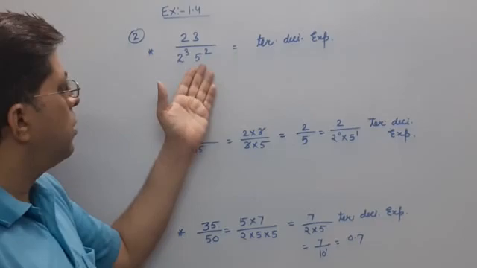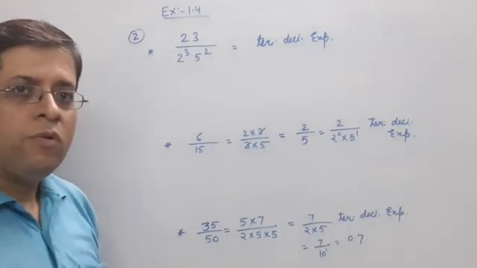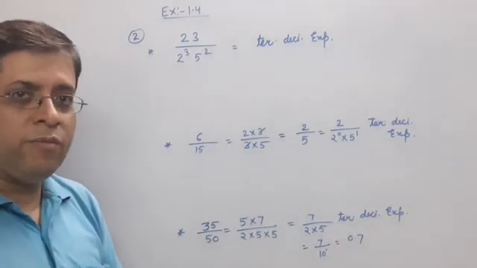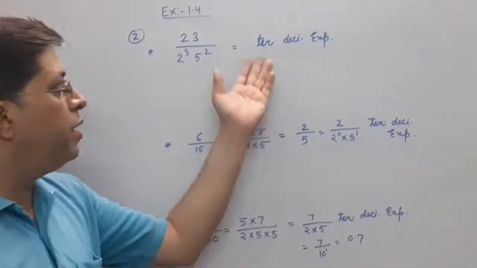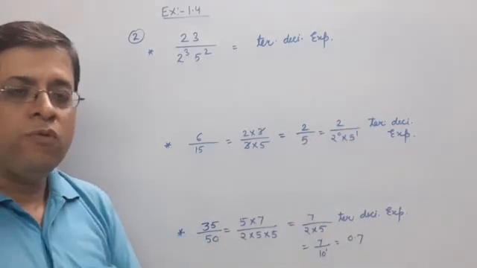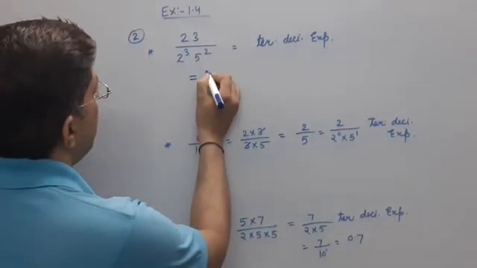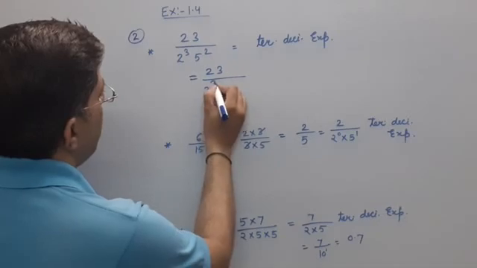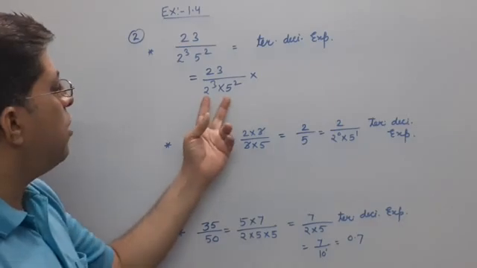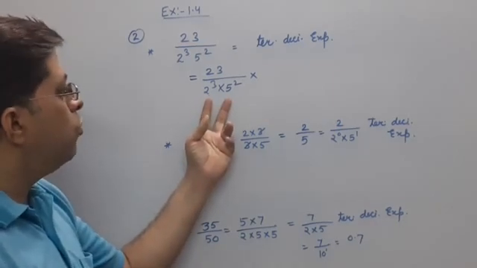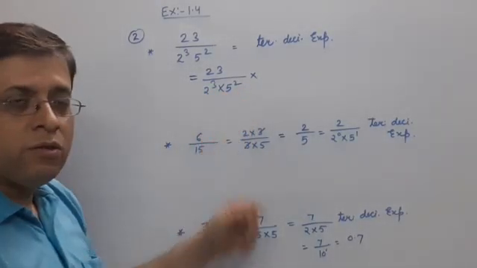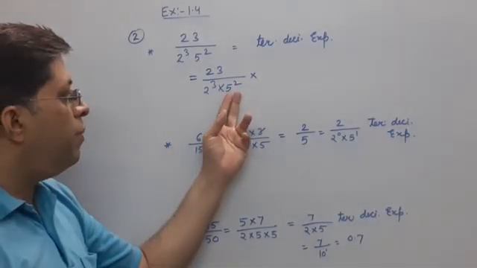You have to convert this in decimal form. Okay, this is already in terminating decimal expansion, and you have to convert it in decimal form. And why it is terminating decimal, that you know: the denominator is in the form of 2 power m into 5 power n. So what to do? Here we have given 23 upon 2 power 3 into 5 power 2. You check what is the highest power of 2 or 5. Highest power of 2 is 3 here, 5 is less. So I have to make it 5 power 3 here.